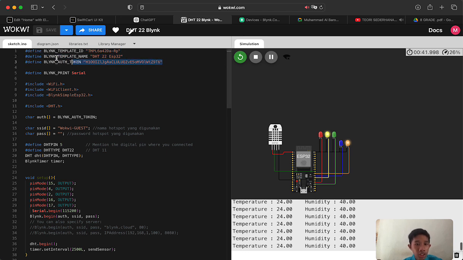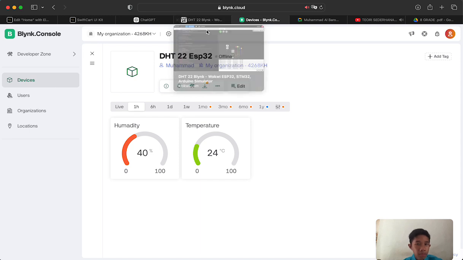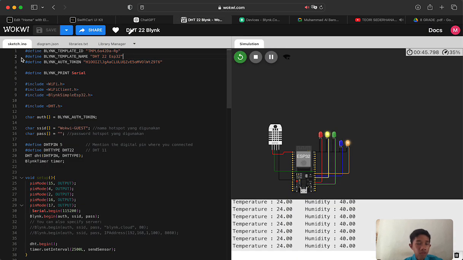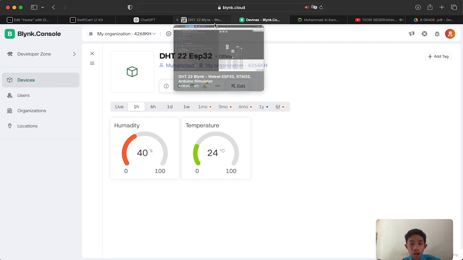So this actually is the original code from the device. If you see in here, I use the Blynk application. So if you want to connect it with another device, or another type of this application, you can use other ones.